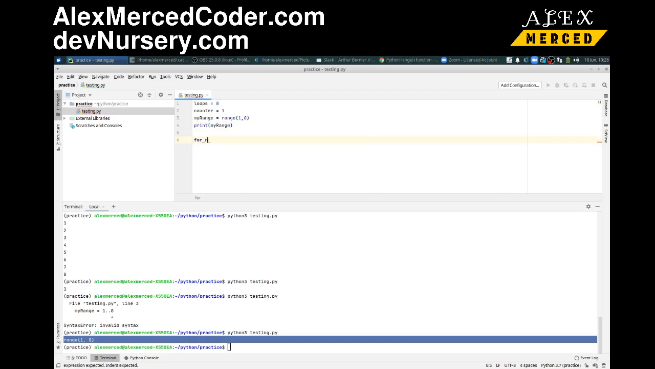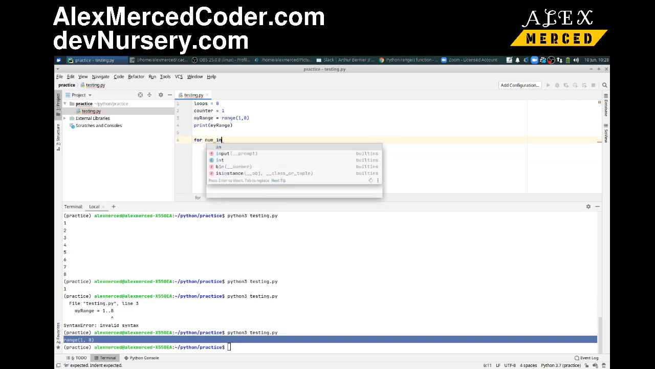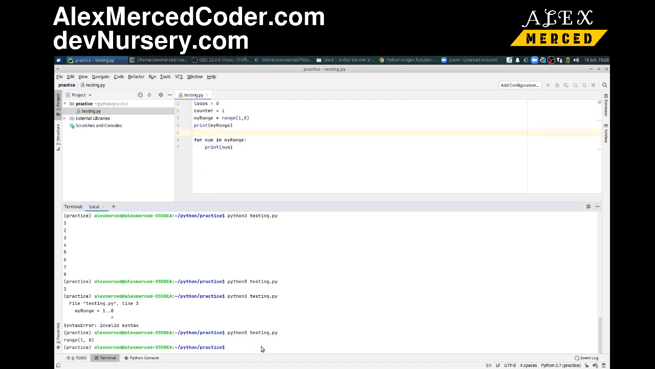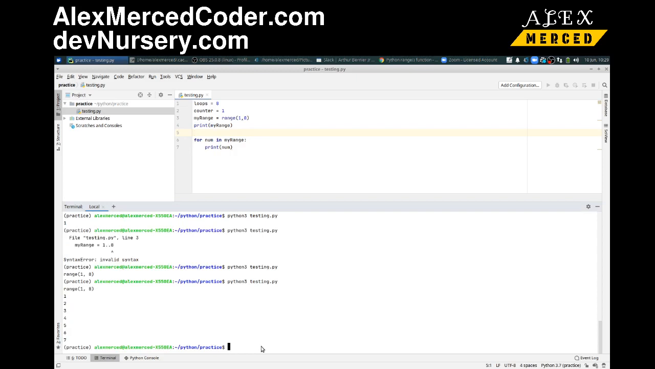So I can say for every number, I forget if it's in or of, in my range, and this is how our for loop works in Python. So what it does, it's going to loop over my range, which should be numbers 1 through 8, and the number each loop will be referred to as num. So then what we're going to do is print num. Okay, and then let's try that out and see if that works the way I think it should work. And it does. 1, 2, 3, 4, 5, 6, 7,